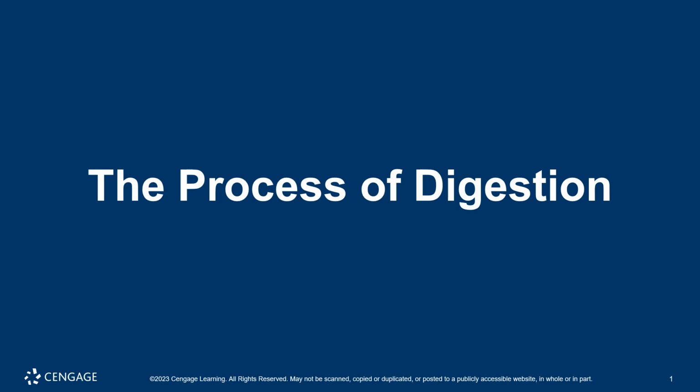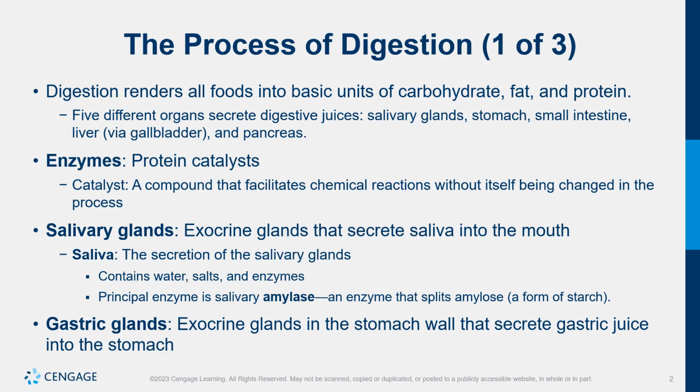We already discussed the anatomy of the digestive tract and the pieces and parts. Now we're going to talk about the process of digestion and what happens in the areas of the digestive tract. So as we said previously, digestion makes all the foods that we eat and divides them into the basic units